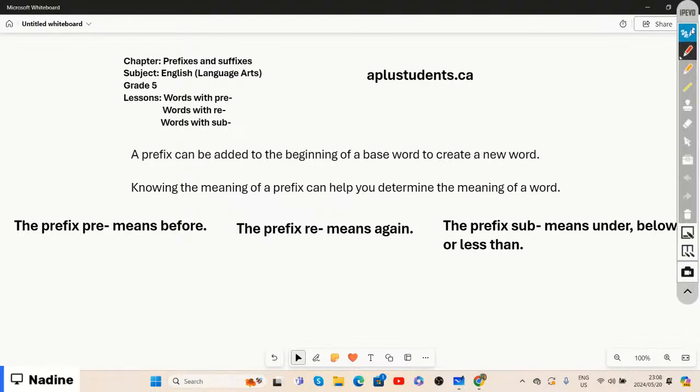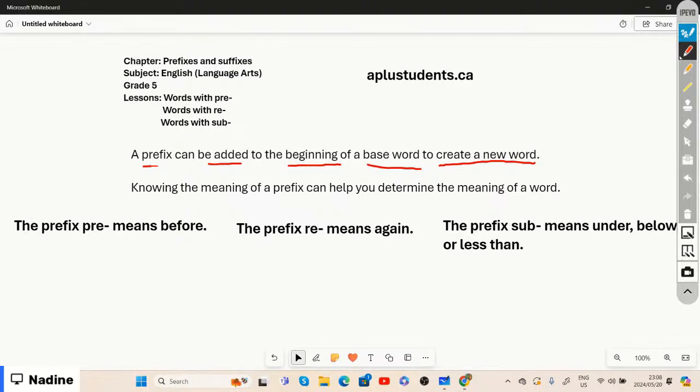All right. So when it comes to prefixes, a prefix can be added to the beginning of a base word to create a new word, right? A base word is a word that can stand on its own. Usually, if you add a prefix or a suffix to it, meaning a word or letters at the beginning of that base word, or at the end of that base word, then it basically creates a new word,